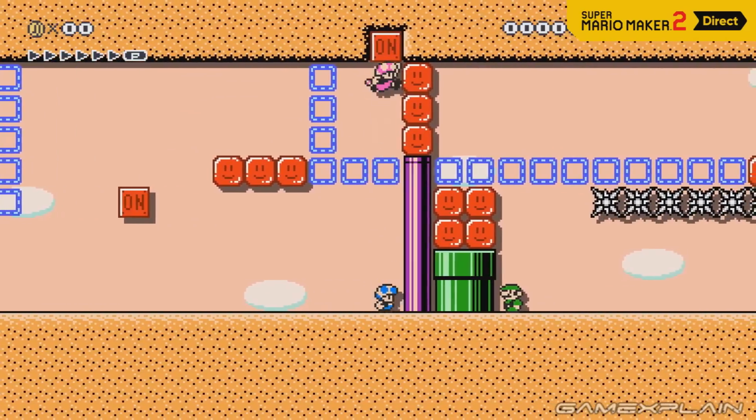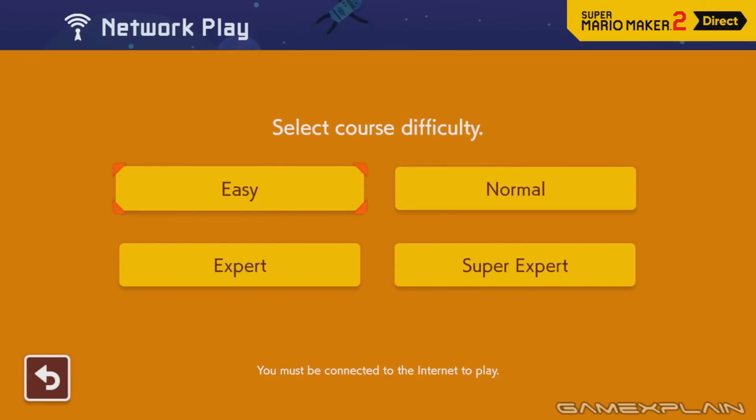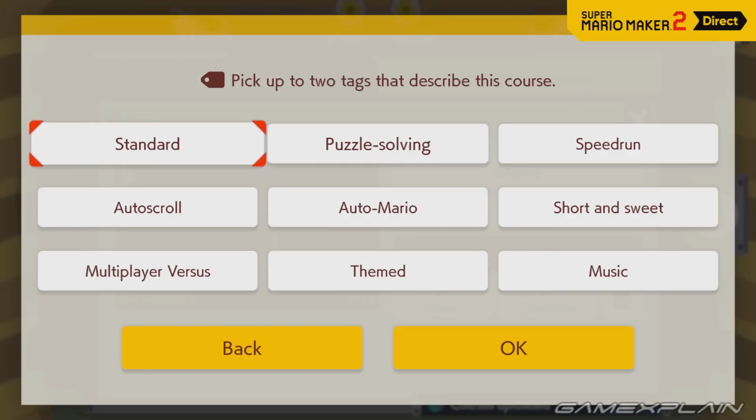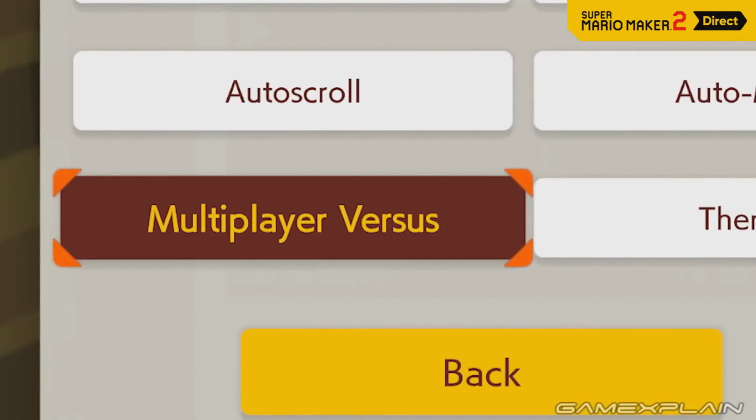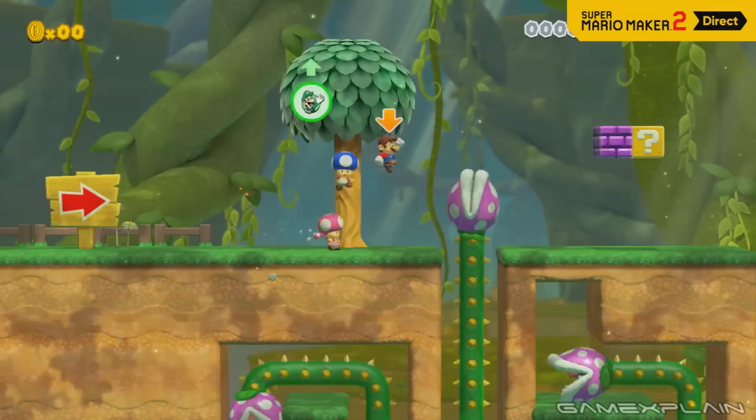Now what we don't know is how you'll find games in multiplayer, as when they select make a room for local wireless, they greet it with difficulty options. This seems more similar to the endless challenge where courses are selected randomly, but then they put emphasis on using the multiplayer versus tag. Is that so the game can recognize the category, or can we search for them in groups? Online in Mario Maker 2 seems super ambitious, and while there are still more details we'd like to know,